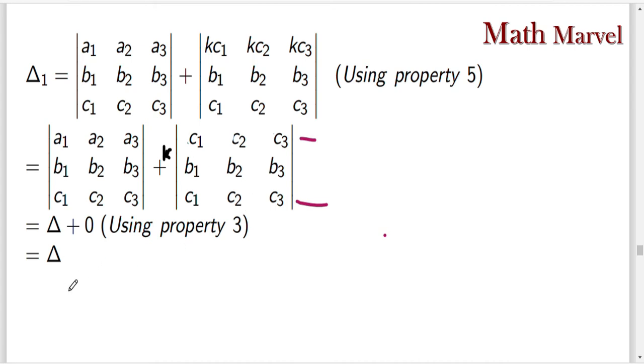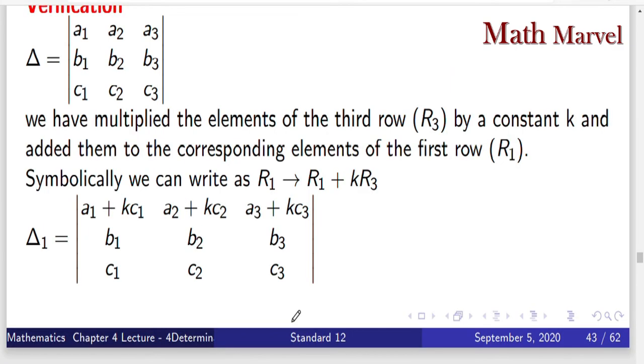So answer is delta. Okay, so from this property what we understand, if we multiply any row and add in any other row, or same operation we do with column, then whatever the new determinant we have, the value remains same. Okay, so after this type of operation on determinant, there is no change in value of the determinant. For this property also we have to remember that we have to make change in the row in which we add the elements. Okay, so for this determinant, here row 3 is multiplied by k and add in first row, so we have to show the change in row 1, not in row 3.